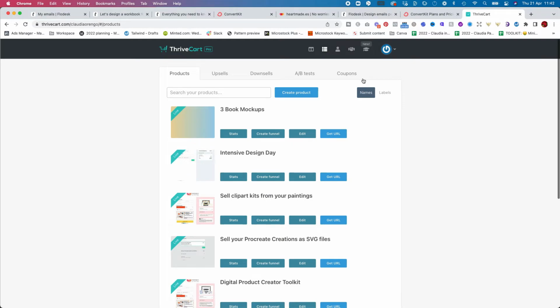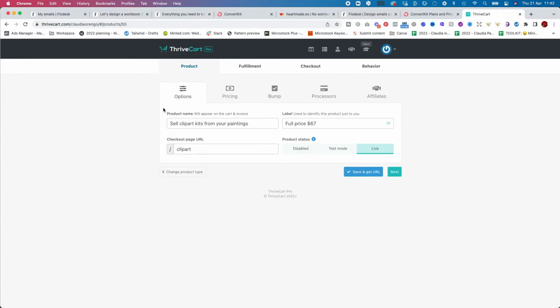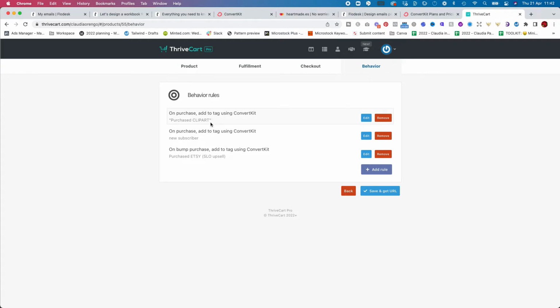You can also add upsells and even funnels. So it's really robust, and I love using Thrivecart. So the thing is that whatever, let me show you. I think this one is going to be a good example. So this is the inside of the product, and then when I go to behavior, here